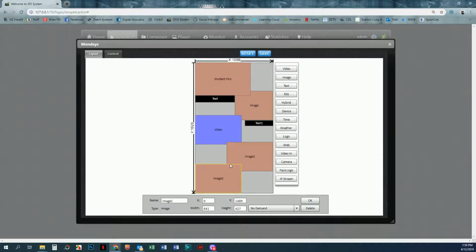Now I will mention at this point that you can only have 2 video type content in a single template. This is due to the limitations in the hardware, and this will be the same across most different devices. You can only play 2 different videos at any one time. So you can see I've just added images and videos willy-nilly. You can start filling these gaps in if necessary, but it's really up to you how that template works. And then we just need to hit save,